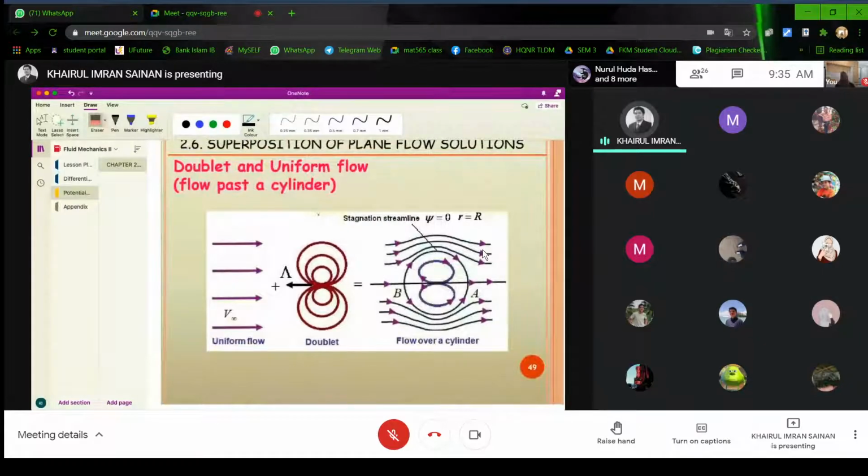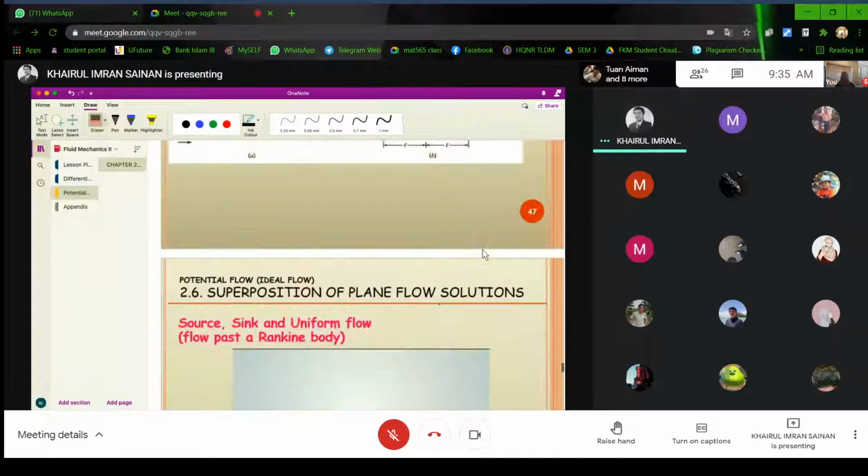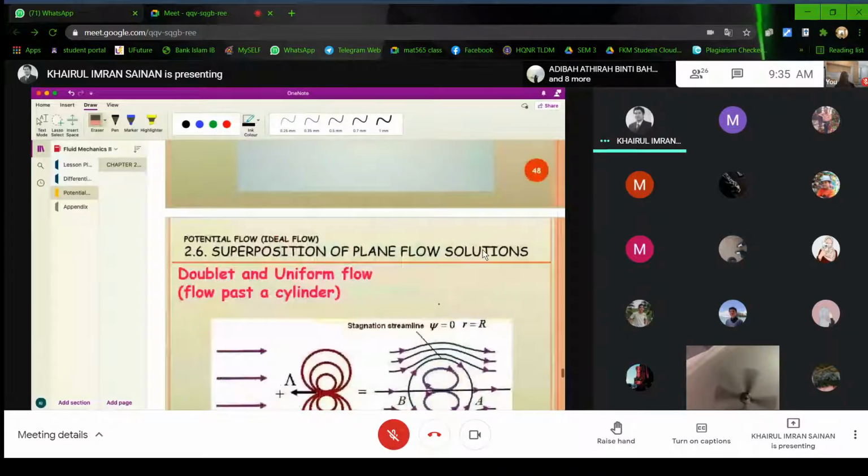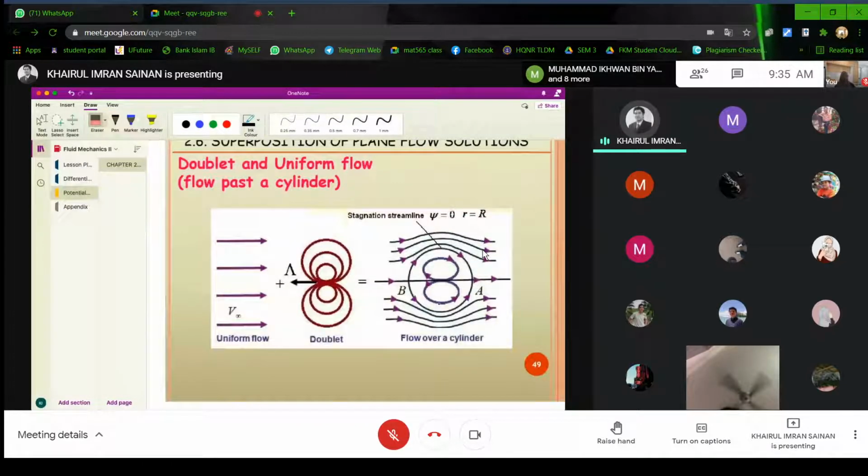Doublet and uniform flow produce flow past a circular cylinder. Same like this one. Okay. So for superposition,